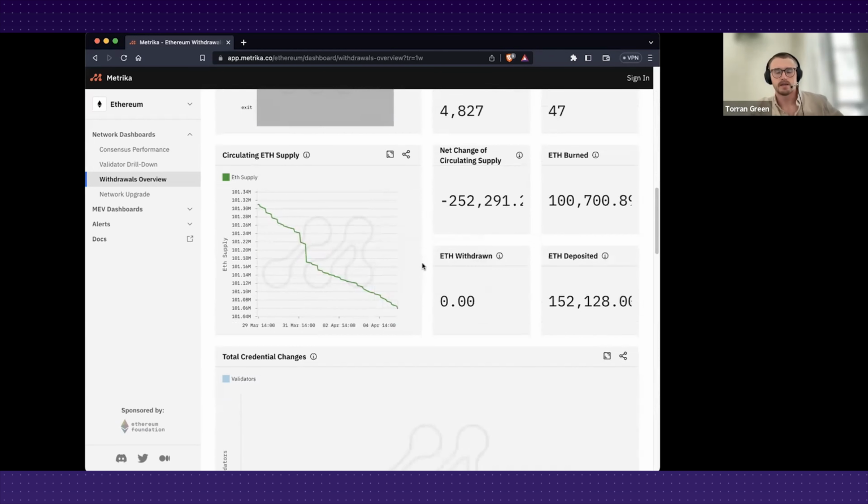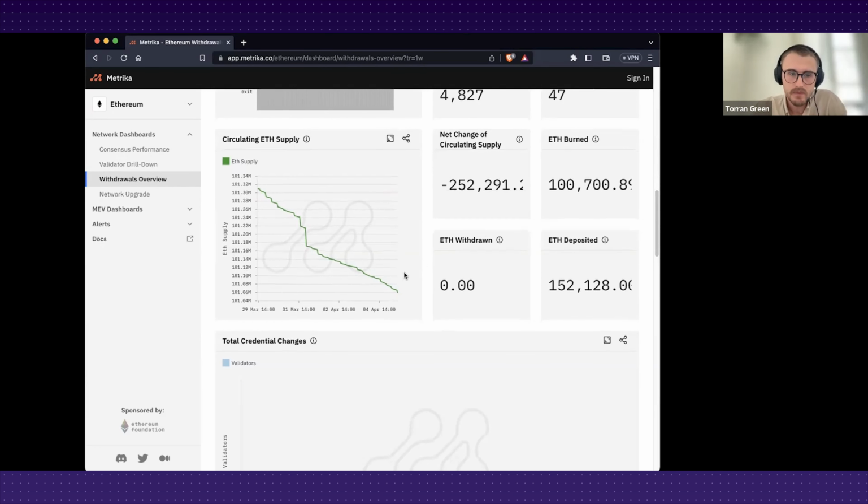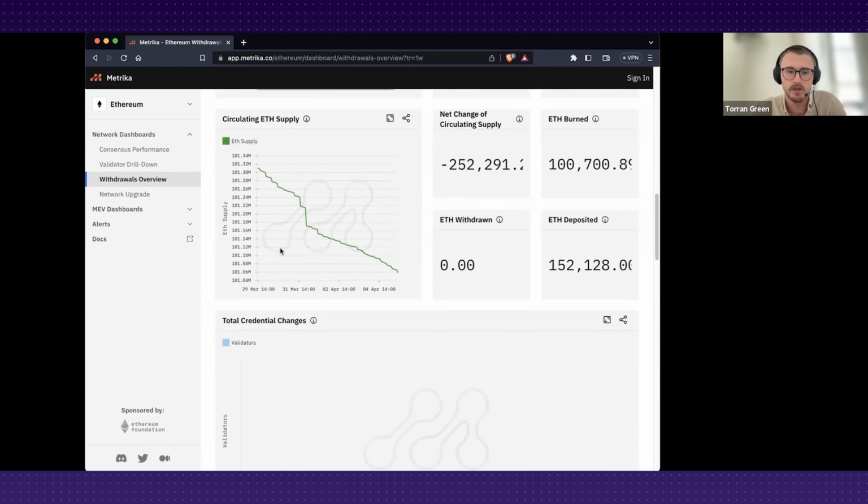This is an interesting one, as Freddy mentioned earlier. When Ethereum was proof of work, all rewards were given to the miners on the execution layer, which meant that it was immediately able to be sold. But since the merge, all rewards have been locked into the consensus layer, and this means that the circulating supply of ETH on the execution layer has had no mechanism of increasing, and this will be the first time that it's possible. So this is why we see the circulating ETH supply just decrease, because we take into account the